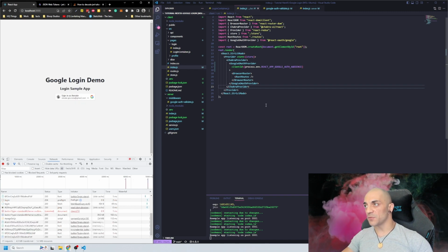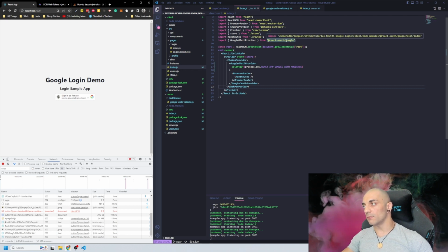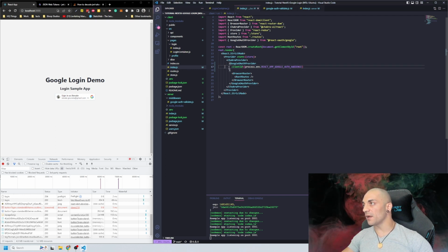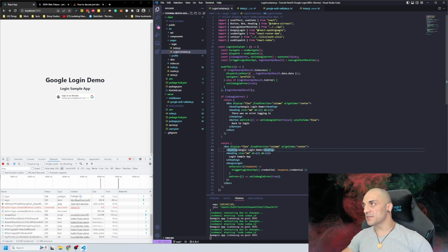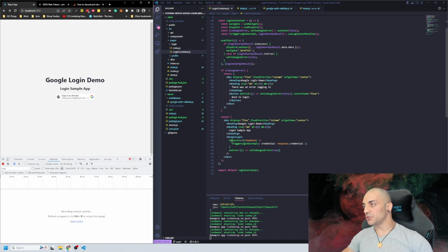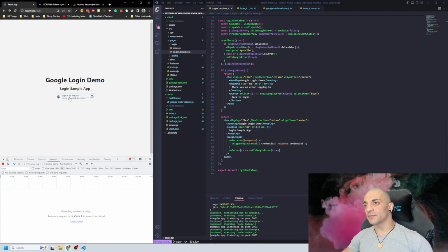So on the front end, I'm using React for this, and I'm also using the OAuth Google React library because it does a lot of heavy lifting for us, and I don't have to build this button myself. The only crucial thing we need here is the client ID, which I'll explain later. And then on the login page itself, this library does provide us with a button which communicates with the Google servers for us. As you can see here, there's an onSuccess callback which has a credential in the object in the response. So if I was to log in here,